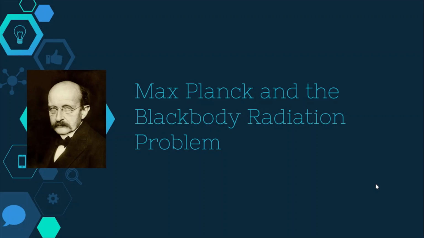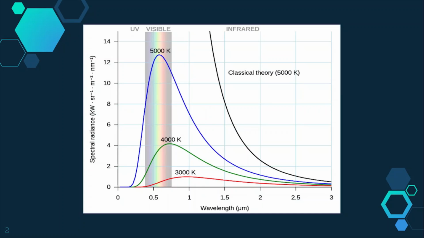Let's talk about Max Planck and the black body radiation problem. A black body is an object that absorbs all electromagnetic radiation and also emits all of it too. One example of this is the sun. The distribution of this radiation is between visible light to UV to infrared, and it all depends on the temperature